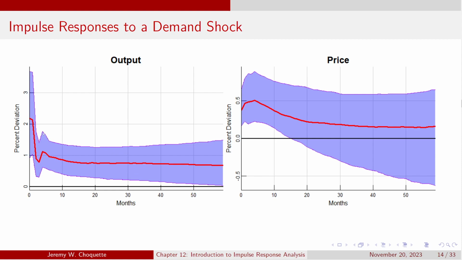If, on the other hand, the top of this band is below 0, well then, decent statistical likelihood that it decreased. So I can say, with a degree of statistical confidence, that output significantly increases above 0,